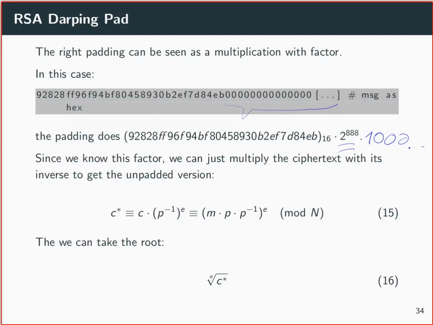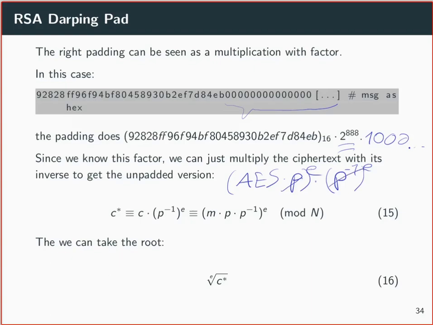Well, we have AES key times padding to the power of e. This is the ciphertext. Well, if now I take the inverse of the padding and also encrypt it with the public key, raise it to the power of e, and I multiply those two ciphertexts together,